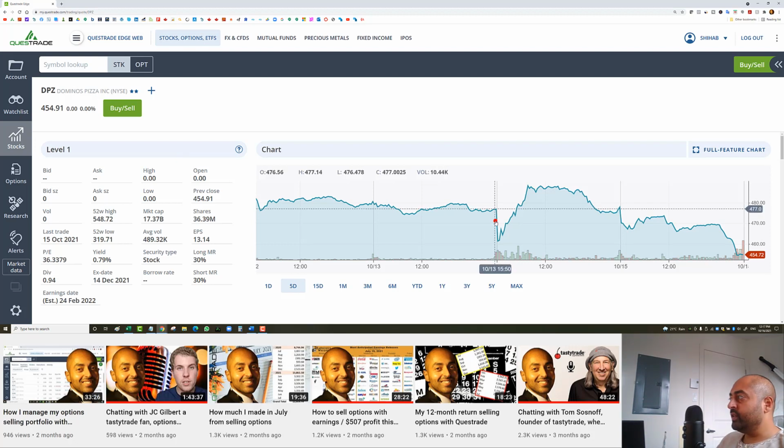So as you can see, October 13, Domino's Pizza was trading at $477. It was announcing earnings October 14 before market open. And if we go to October 14 on the chart, you can see here that it reached a low of 461, but it actually went lower. So on October 13, when it was trading at 477, the expected move, I calculated quickly just by looking